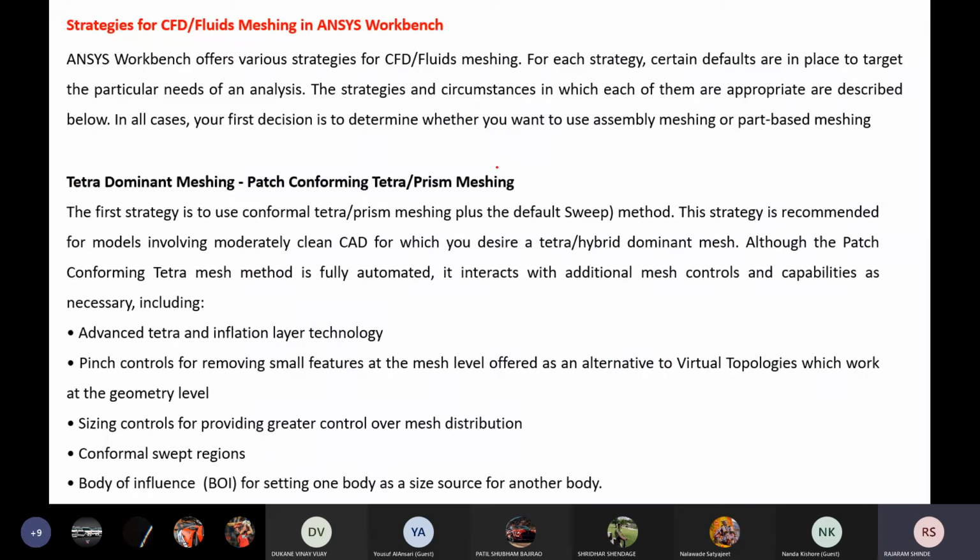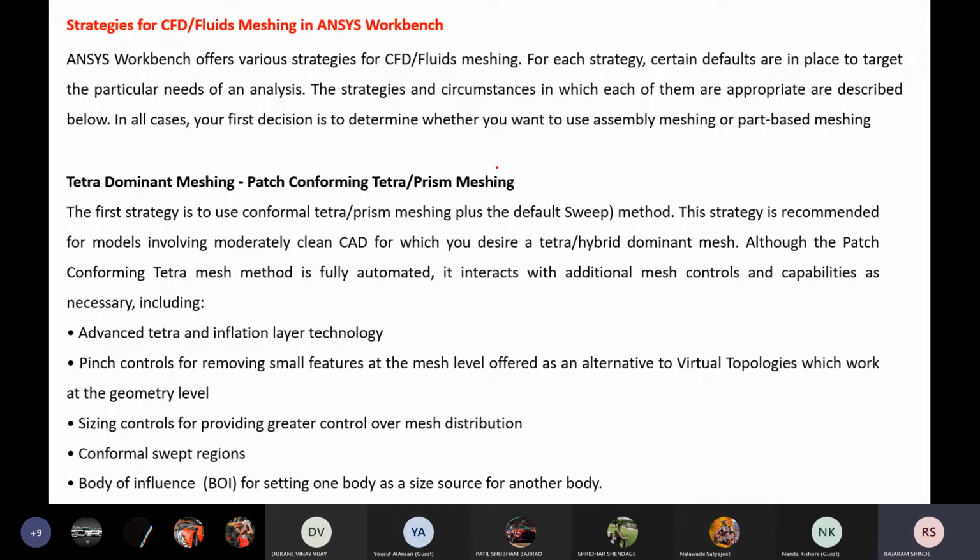Now what is the strategy for CFD or fluid meshing in ANSYS Workbench? Now what is that strategy, that I will tell you. Just a minute. ANSYS Workbench offers various strategies for CFD or fluid meshing. For each strategy, certain defaults are in place to target the particular needs of analysis.